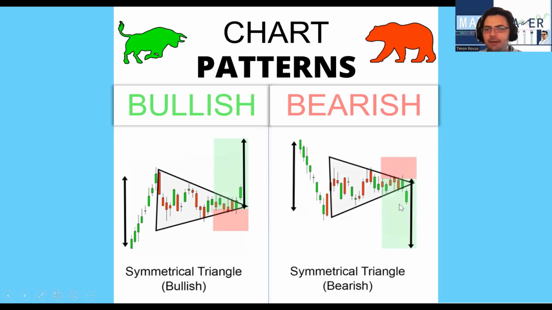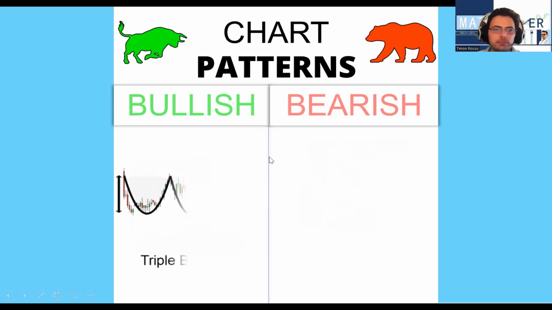And the opposite we have is a symmetrical triangle bearish. And this is where the price is coming down. It forms a symmetrical triangle. It breaks below. You set your take profit twice as much as what you're willing to risk. So I like to set my stop loss just above the resistance of the symmetrical triangle, so that we're giving it leeway and we're preventing fake outs. We always want to prevent fake outs with trading, and we do this through experience. So that's a symmetrical triangle.